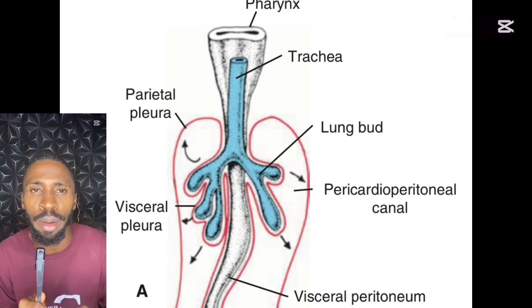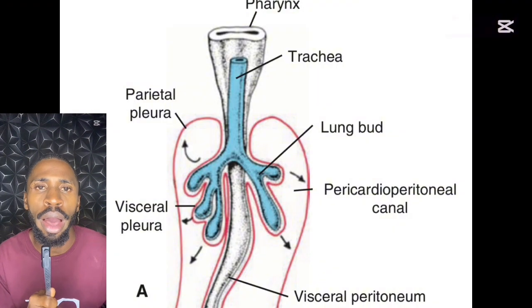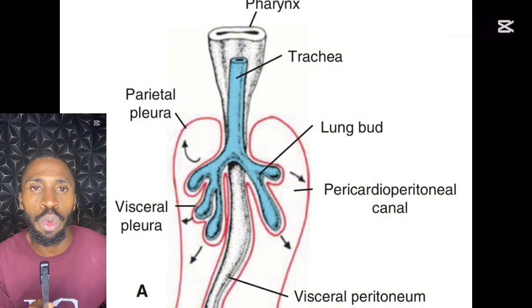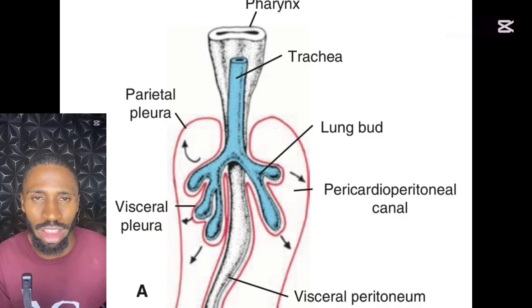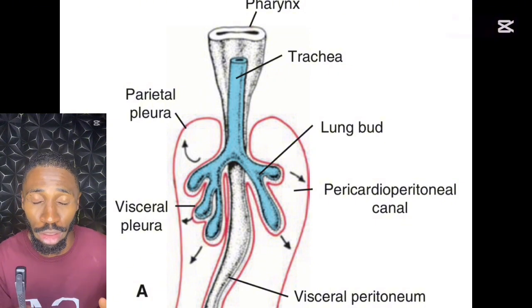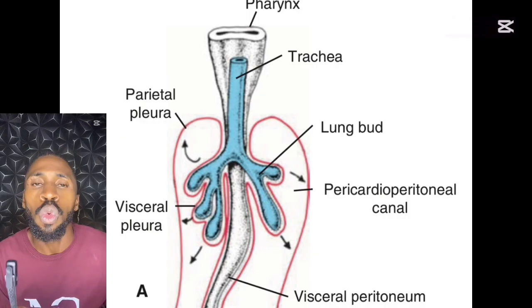So at this particular point, the pleuroperitoneal and pleuropericardial folds separate the space where the lungs are, called the peritoneal canal. These two folds separate this canal from the pericardial and peritoneal cavity, leaving the rest called the primitive pleural cavity. So don't forget, the lungs begin to expand at a space called the peritoneal canal. That is where the lungs start expanding, in between either side of the foregut, with the bronchi